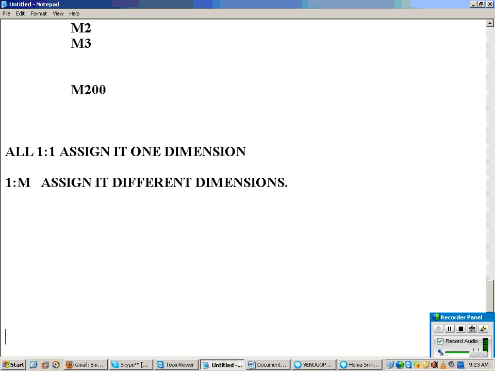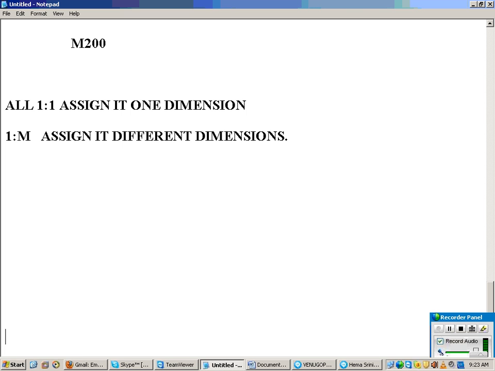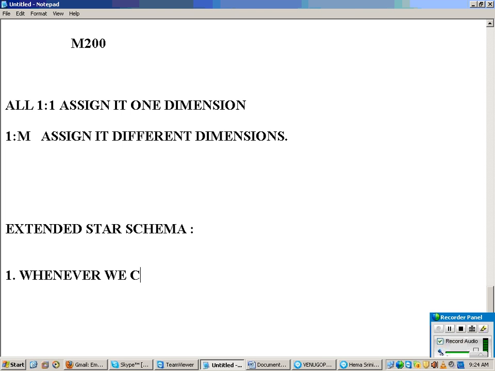And what exactly is the extended star schema design? In simple words, I'll put it so that it is easy for you to understand. Whenever we create a character info object, what happens?